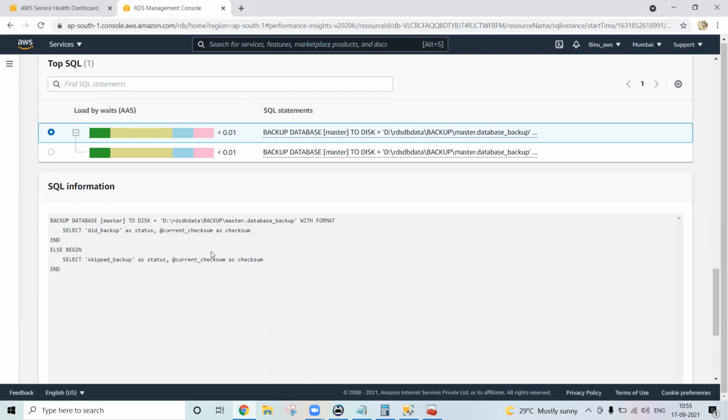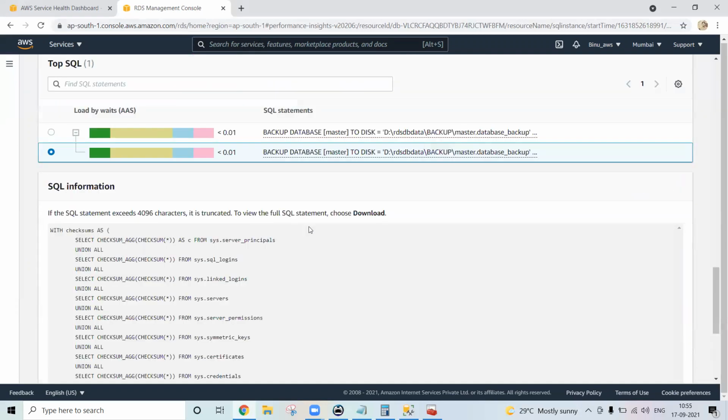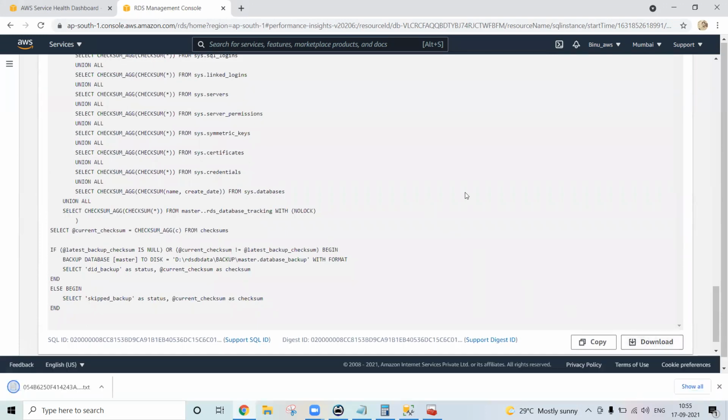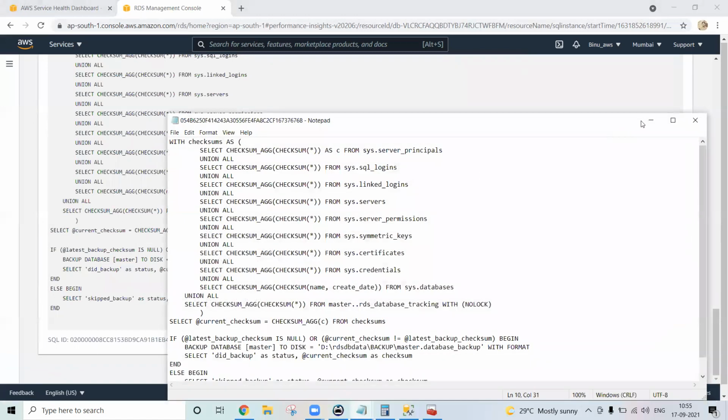Yeah. So here also you can select, and you can download as well. See, you can download a script as well. Okay, you can download it. This is a SQL script which I have. Now you can start working on that.